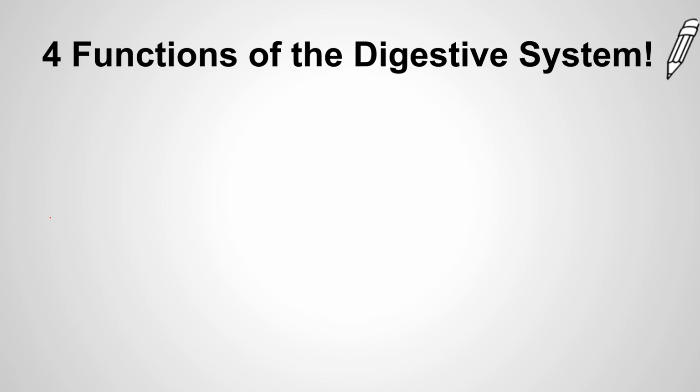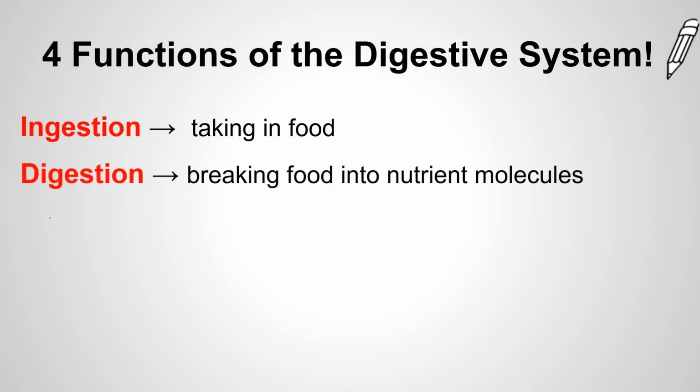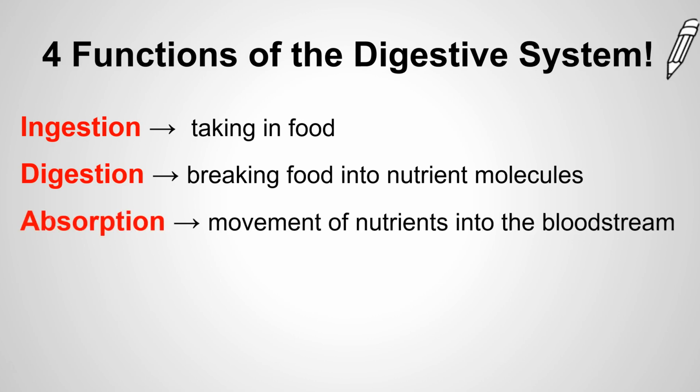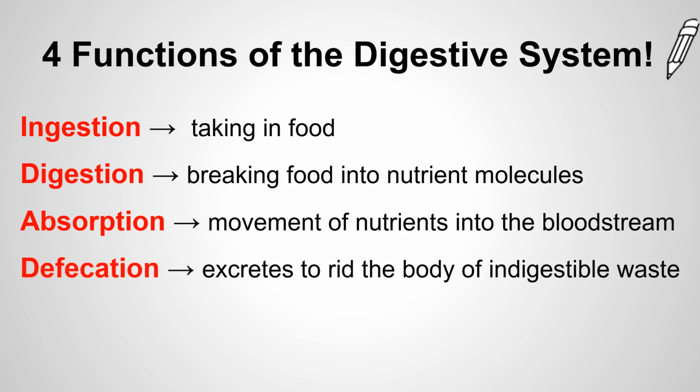So there's four functions of the digestive system. The first one is ingestion, and that's simply taking food in. Next, we have digestion, which is breaking that food into smaller molecules. Absorption is moving those molecules into the bloodstream. And lastly, defecation, which is getting rid of that part of the food that we can't break down into small